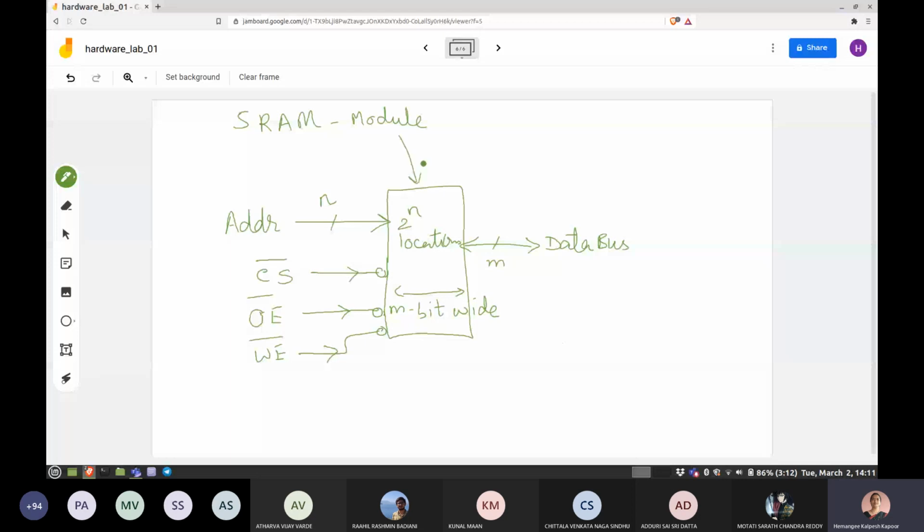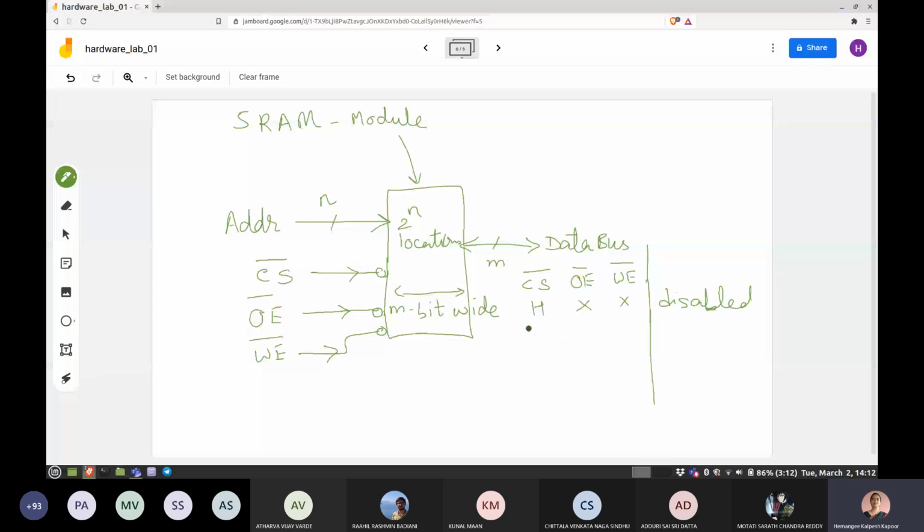If we quickly want to draw a truth table for this, the signals are CS bar, OE bar, and write enable bar. If CS bar is high, then the others are don't care because the chip is disabled. If CS bar is low, then anything else can happen.